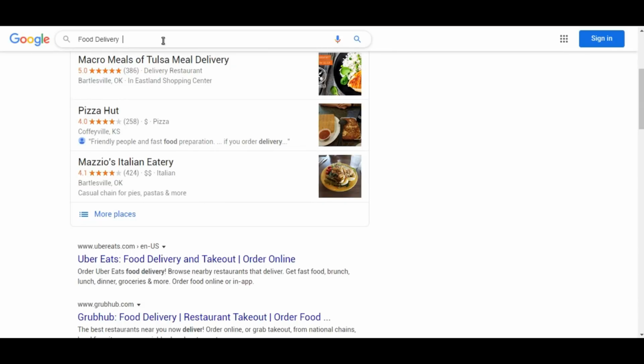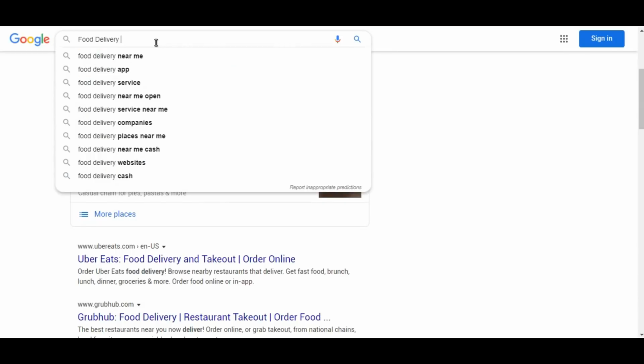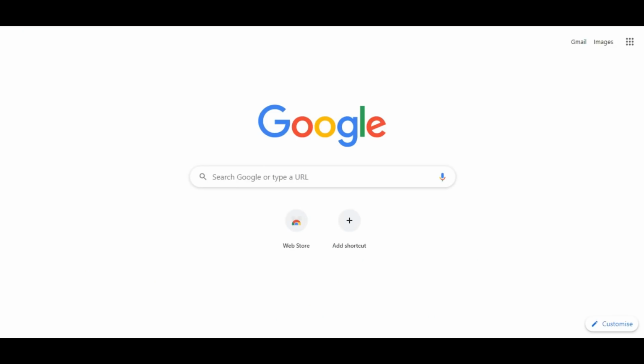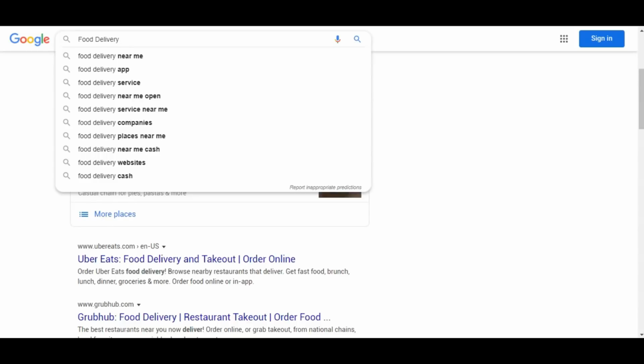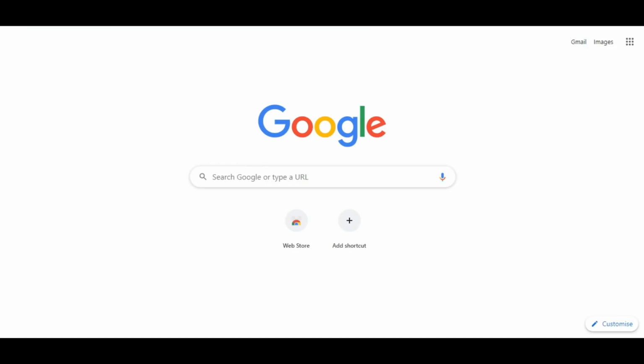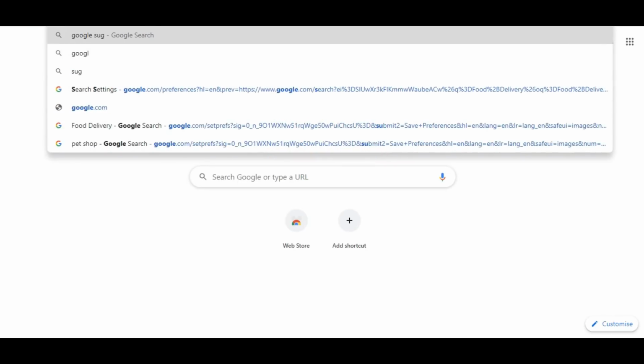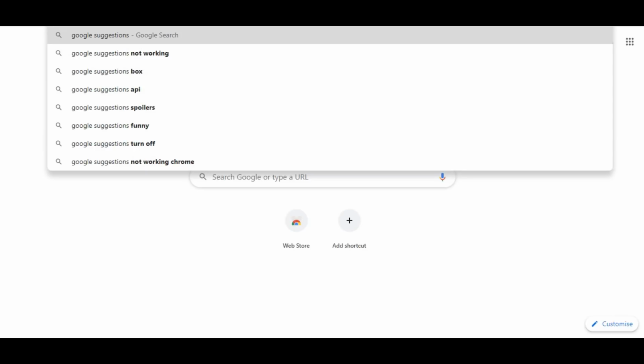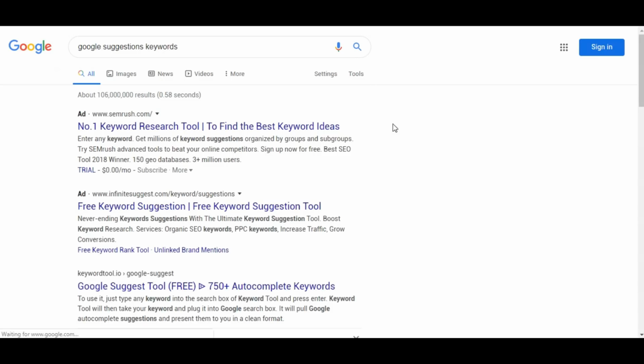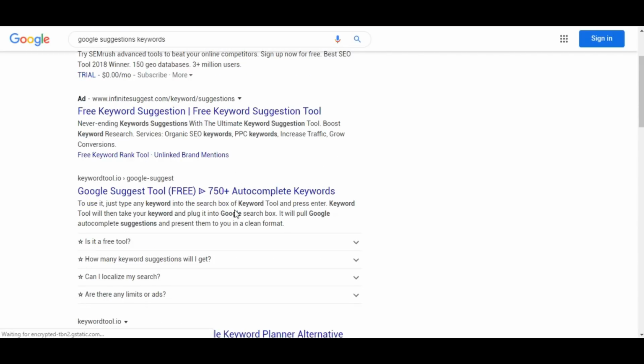Okay, Google suggestions keywords. So let's go. This is a great tool, Keyword Tool IO.